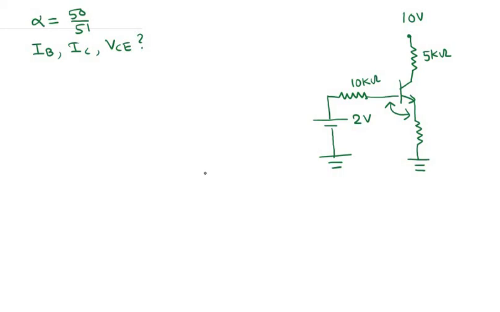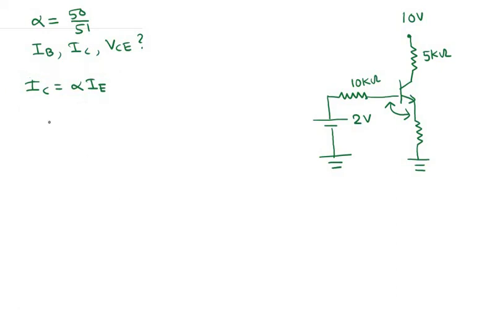Now this means that the transistor must be operating in the forward active mode, and we know that in the forward active mode the collector current does not depend on the collector to base voltage, but depends on the emitter current. The collector current in the forward active mode is a fixed fraction of the emitter current. So in the forward active mode we can write the collector current IC is equal to alpha times IE. Note that this equation is only valid in the forward active mode. This equation is not valid in the saturation regime or in the cutoff regime.